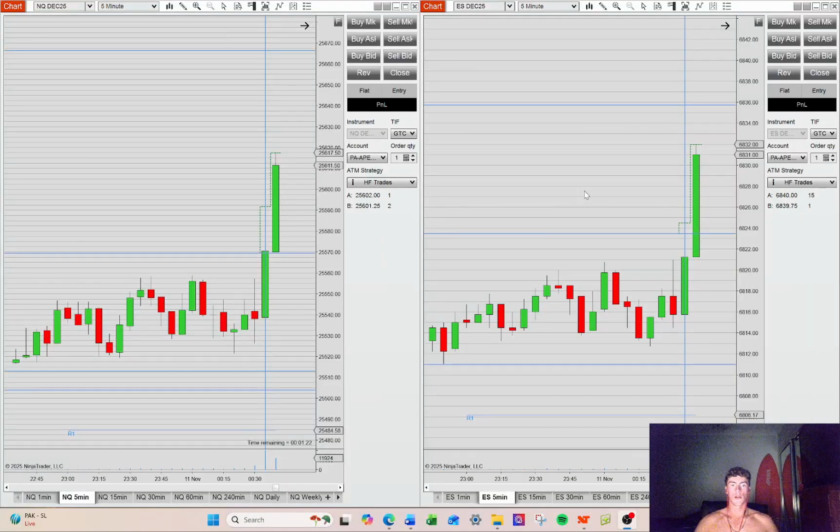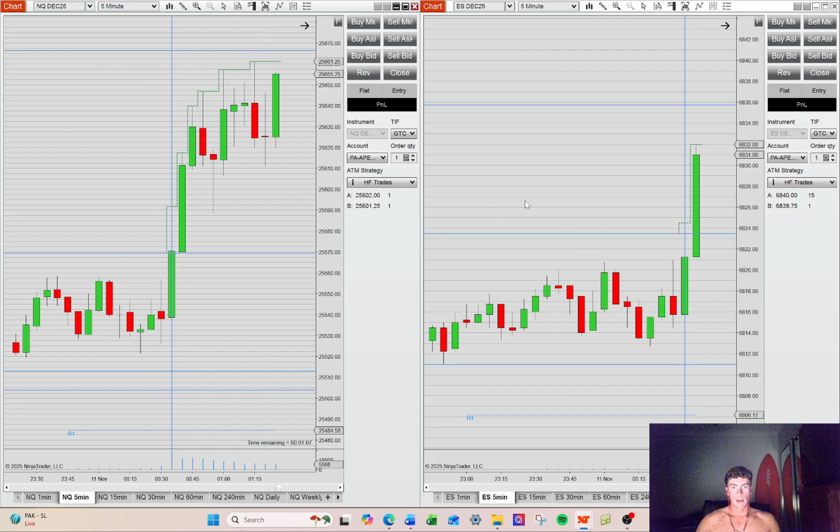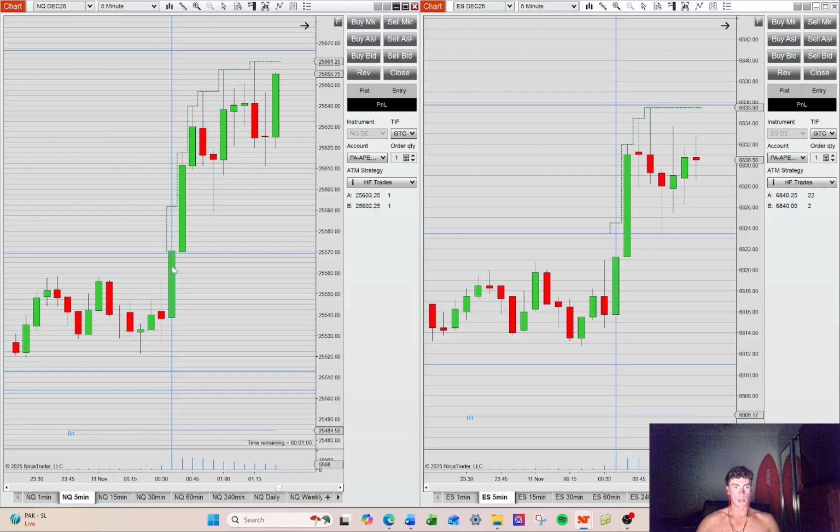Alright, so today we're going to go through and do a market recap from last night's New York Open. First things first, I've marked out the market open with this vertical line and then hourly highs and lows with these horizontal lines on both indexes. As you can see, first we got a massive pump up high, taking out these hourly highs. From there,